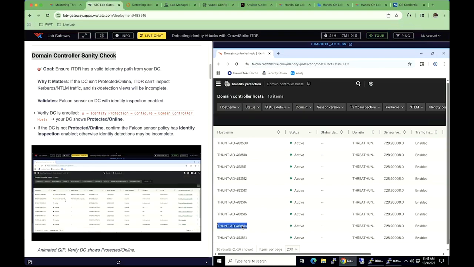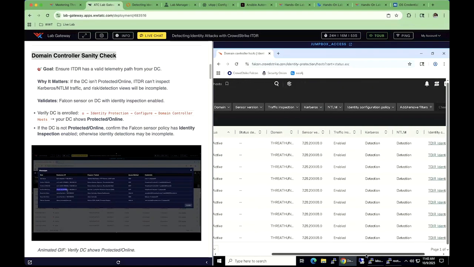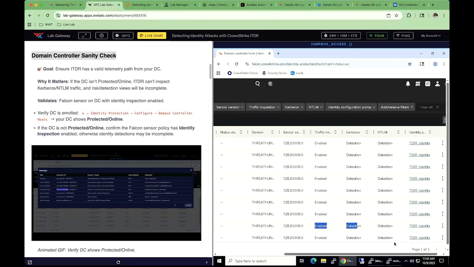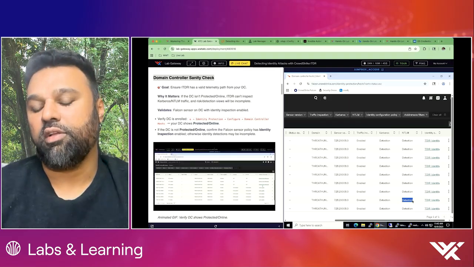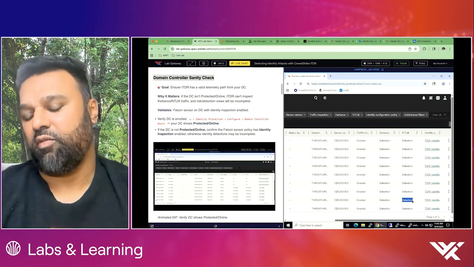See, there you go. So this is my Active Directory, which I can see, and the status is active. That means it is healthy, and you can see that traffic inspection is enabled, Kerberos detection is enabled, and NTLM detection is enabled. Again, this policy is tuned so that you can see other detections, but in a production environment,